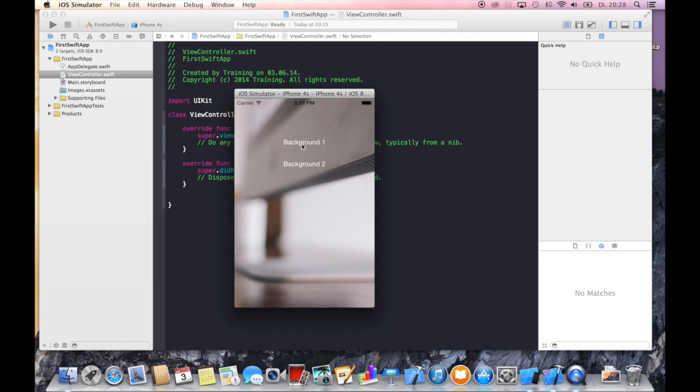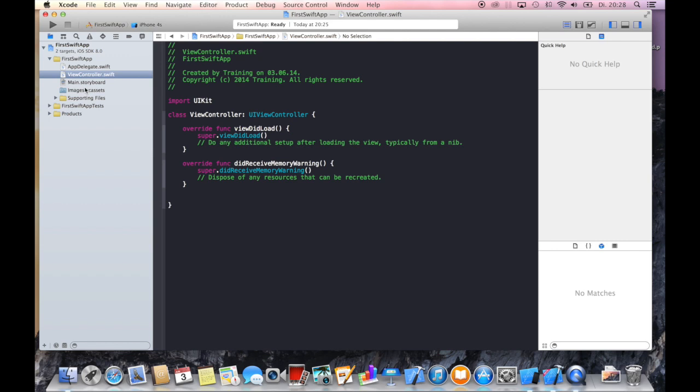You're also going to see how to use your familiar Objective-C classes within Swift, and also some things that might look a little strange at first. So let's dive right into it. I already added